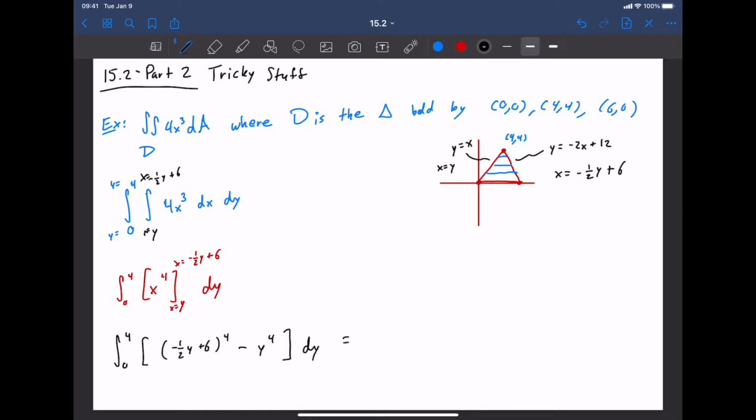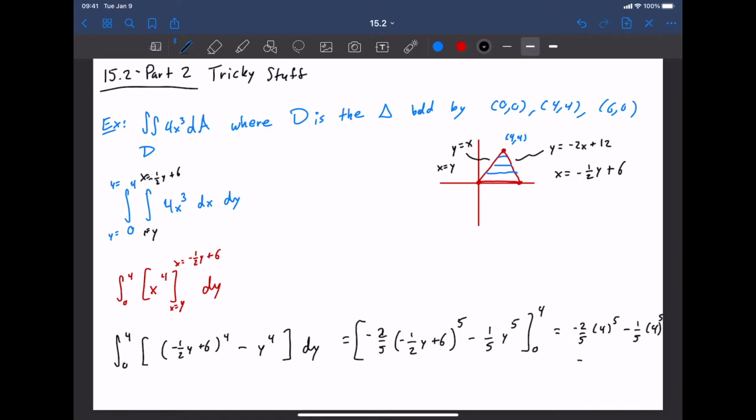So we're going to have 1/5 and a -2 to the 5th power. Add 1 to the power, multiply by the reciprocal. You should check that with all the hook-ons. That makes sense. Minus 1/5 y to the 5th, 0 to 4. And of course, that's where it's going to get a little wild. It should be -2/5 times 4 to the 5th minus 1/5 times 4 to the 5th